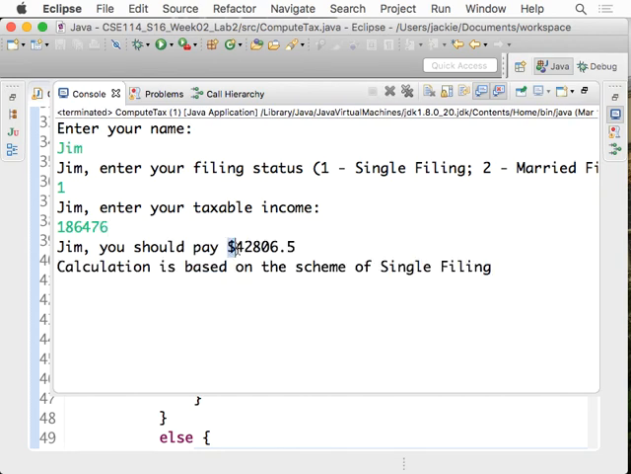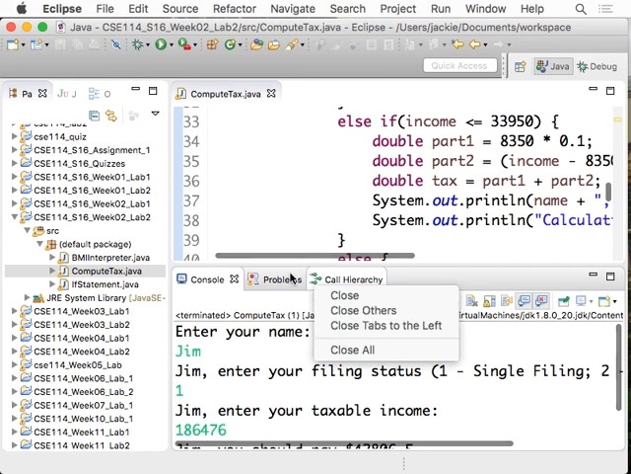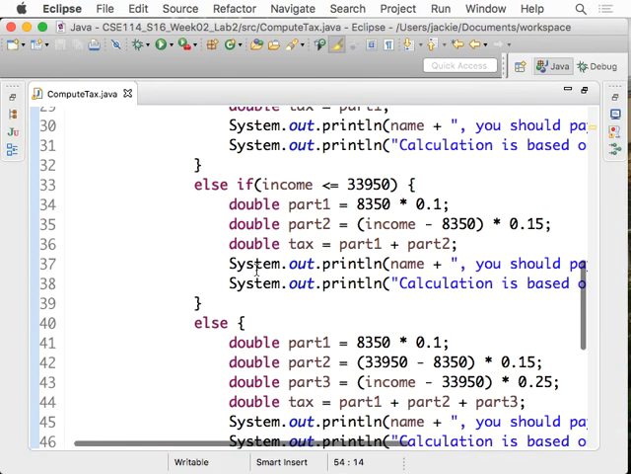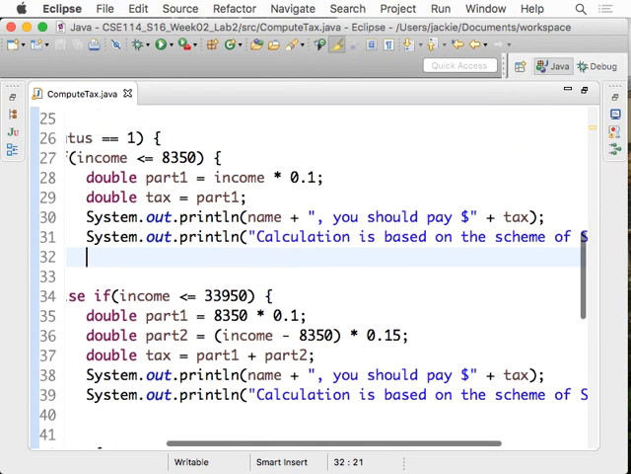Okay, the number seems to be correct, but I just forgot to break down. Let me do that again. Okay, I need to break down as well. That's something I forgot. Okay, so now after the calculation, I would say, for example, in the first branch over here, so I would